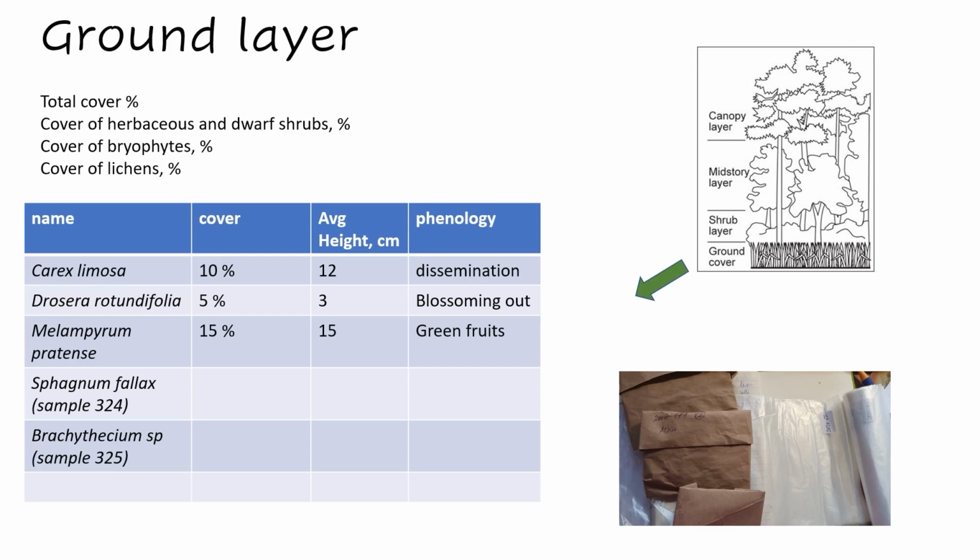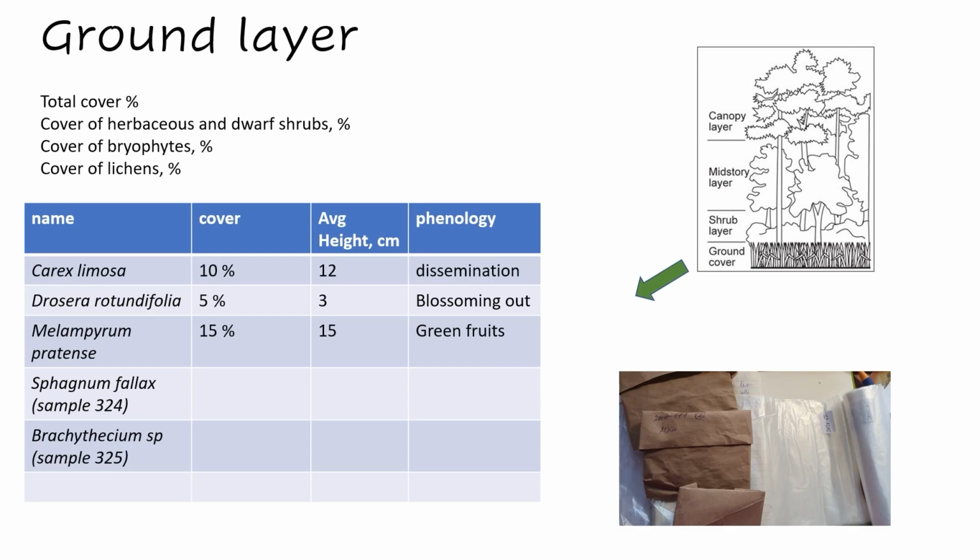Sometimes you can give them separate cover, and separately give cover to lichens. So for every group you give separate cover. So total cover, then cover within the groups, vascular plants, bryophytes, lichens, and then to every species cover, again height,